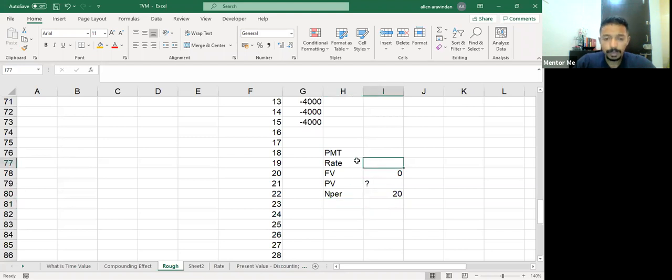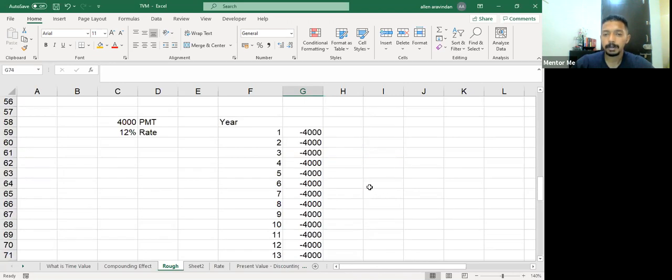The rate, do we have it? Yes, we have it. So we have 12%. But the problem is, we don't have PV. We really don't have PV out here, because from which account I am going to withdraw that PMT is not clear. So the problem for this question is that in order to find PMT, we need to have a PV, some value out here. Okay, let's go to the first part of the question now.